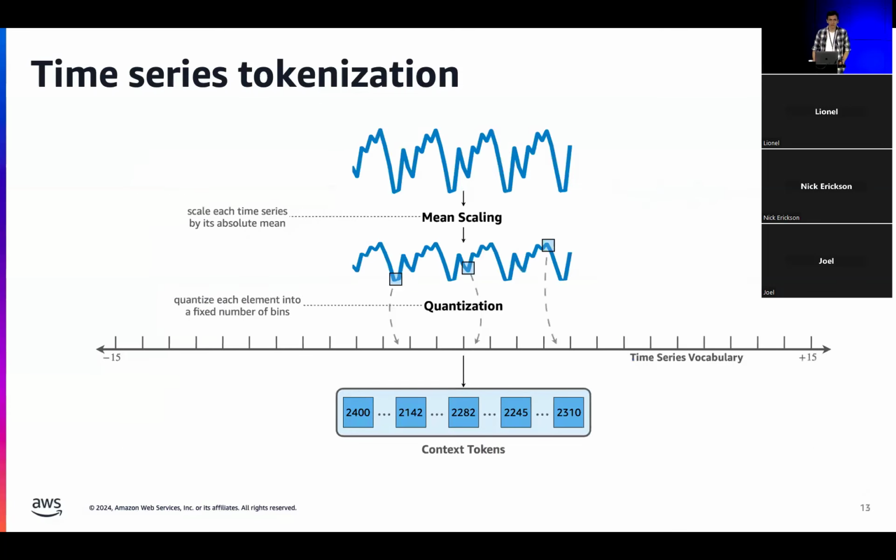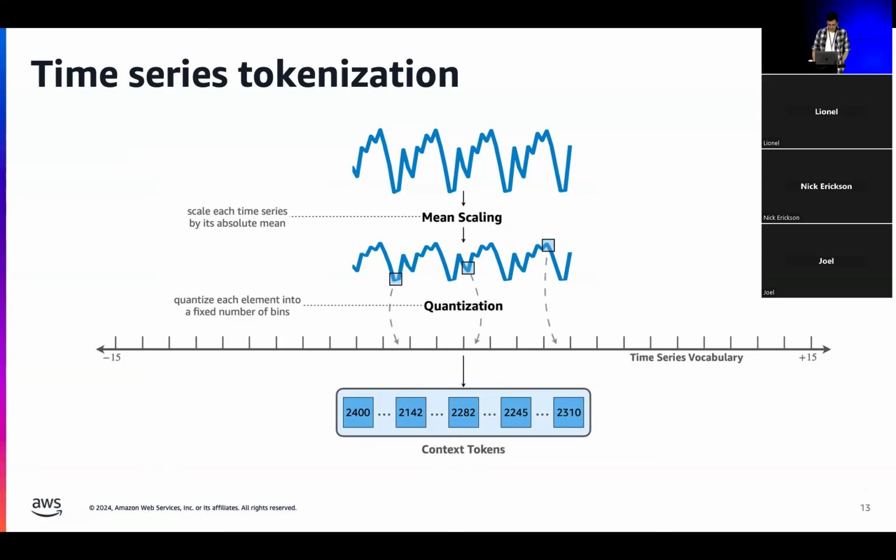Turns out there's a very simple approach that you can use to turn the continuous valued time series observations into discrete token IDs. First of all, you have to scale the time series because, as you would imagine, many time series in the real world have very different scales. Maybe if you're forecasting the population of the Earth, which is in billions, versus forecasting the temperature, which is maybe in tens,